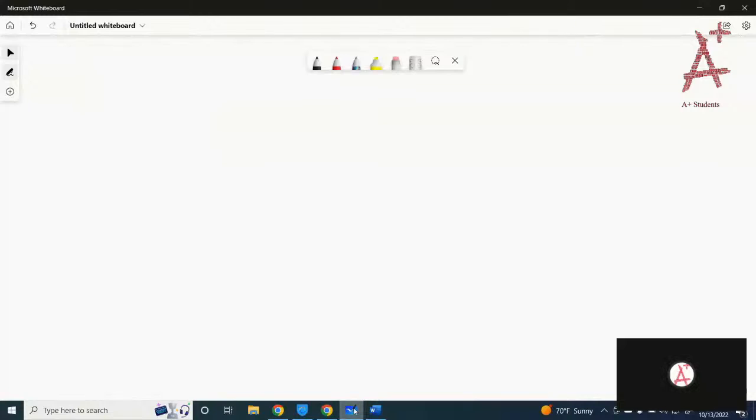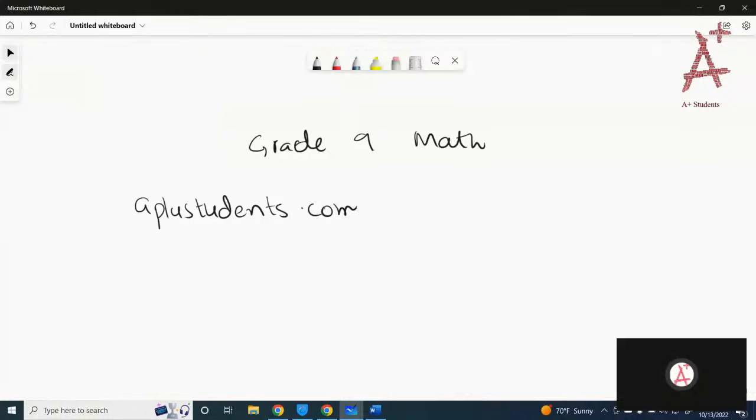So we are going to start with grade 9 maths. You can find all the lessons on aplusstudents.com. You have to log in there using your email address, and the password is provided by the administrator. Then you have to select math from the subject tab, scroll down to grade 9, and we are going to